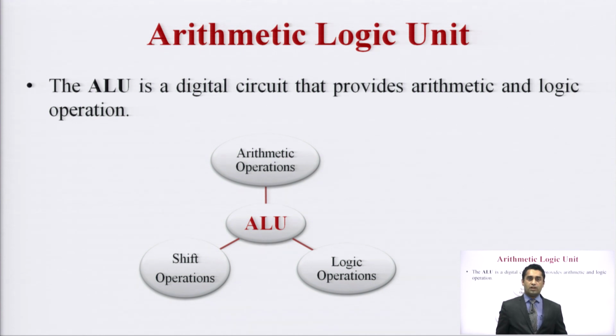ALU comprises three main categories of operations. Arithmetic operations include addition, subtraction, multiplication, division, in addition to the incrementer, decrementer, or finding the complement of a number. Shift operations are those where we are doing a bitwise shifting of the number. If I have a number with 4 binary bits and I want to shift it towards right or left, then shift operations work. Logic operations are the bitwise operations which perform XOR, OR, and NOT.